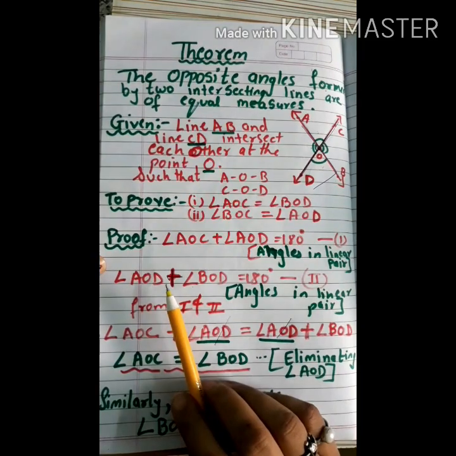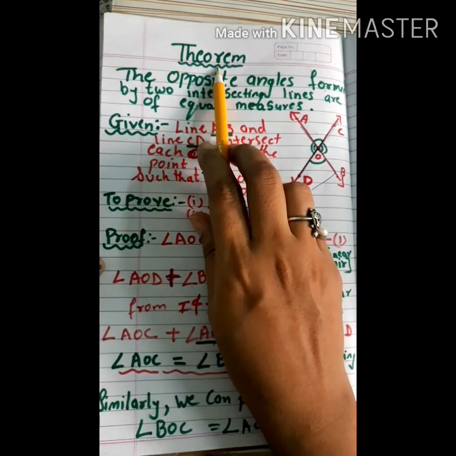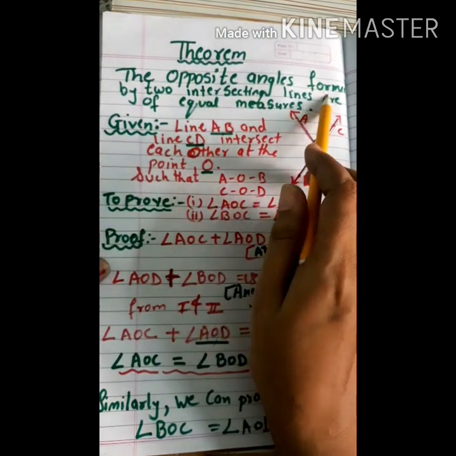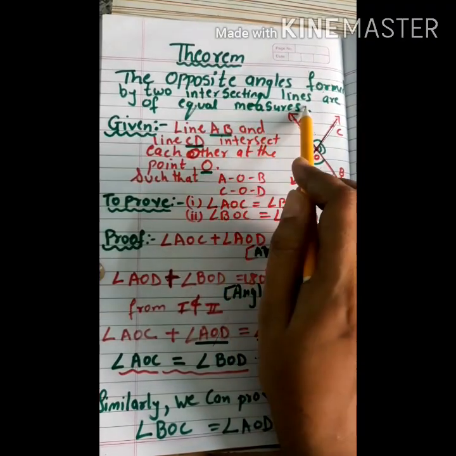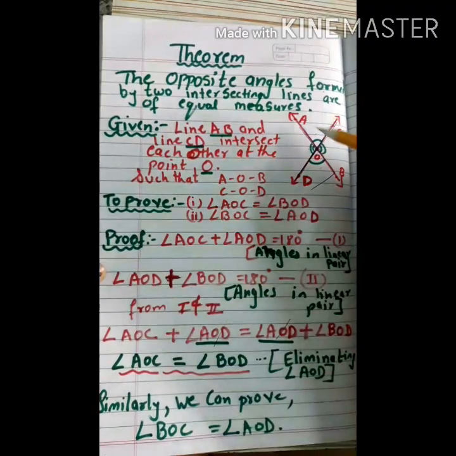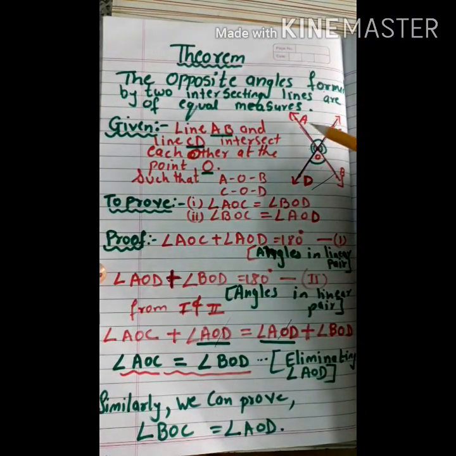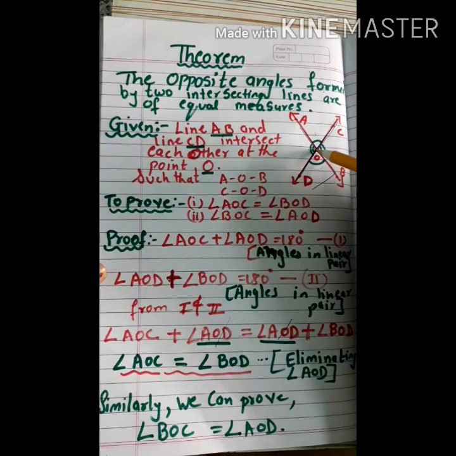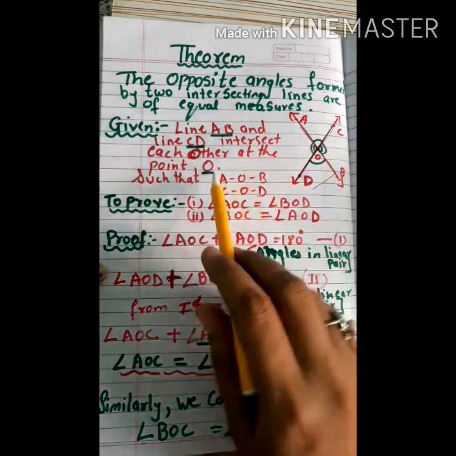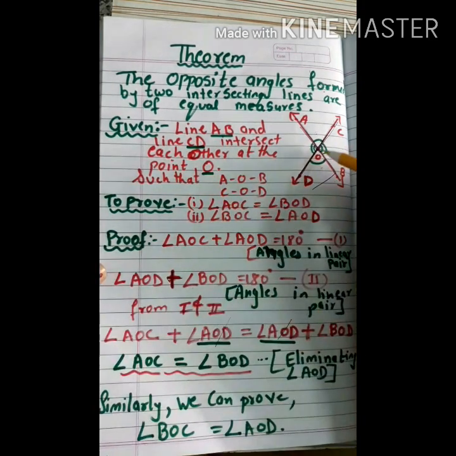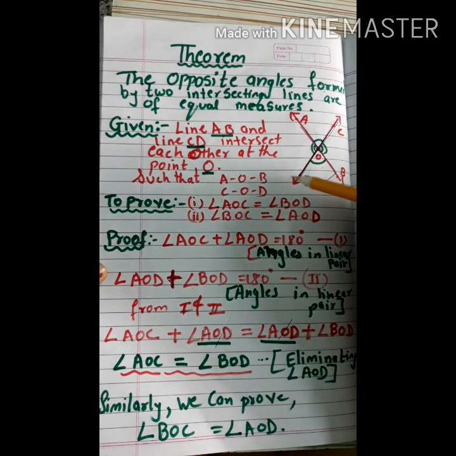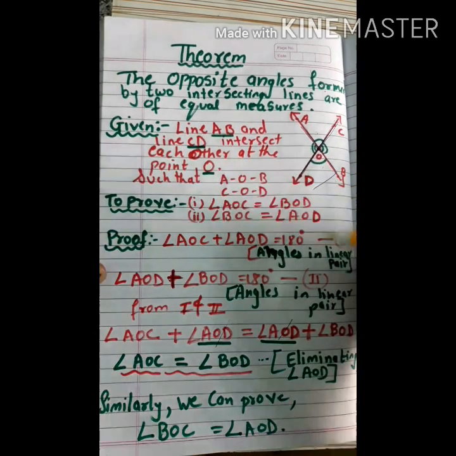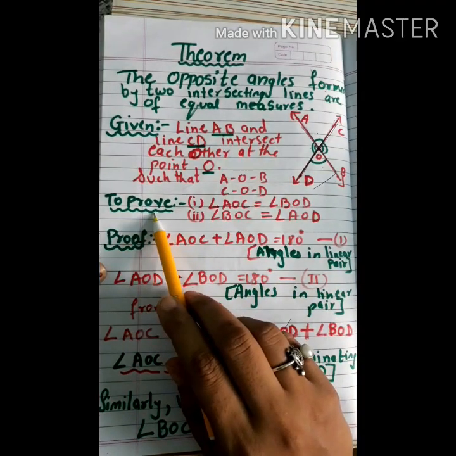Students, in this chapter we are going to learn a theorem. The opposite angles formed by two intersecting lines are of equal measure. You can see the figure over here. Line AB and line CD intersect at the point O. This is our given information, such that AOB and COD are collinear points. So we have to prove over here: